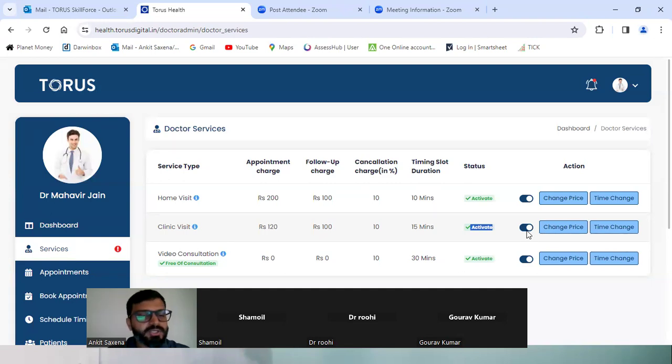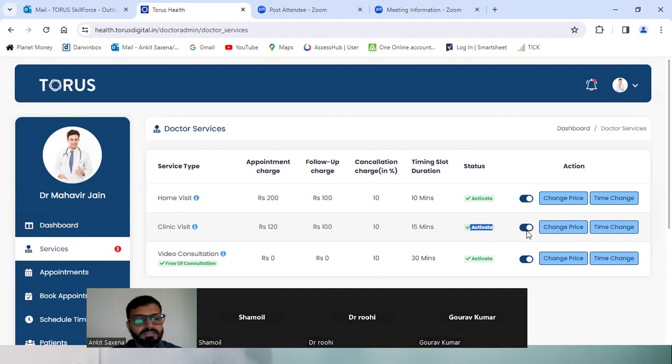Any questions, any queries here, friends? I had a query. Can we download the total number of appointments that we did in the last month or last day, like on a regular basis? Yes, you can export it to Excel or PDF format. I will show you from where you can do that.